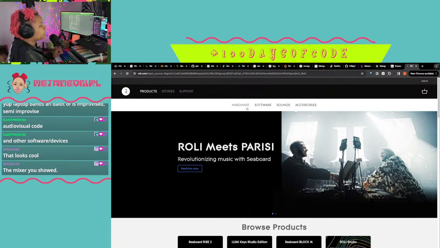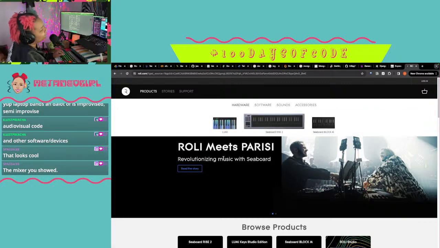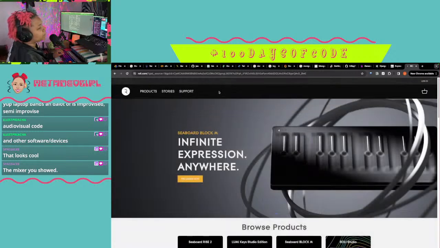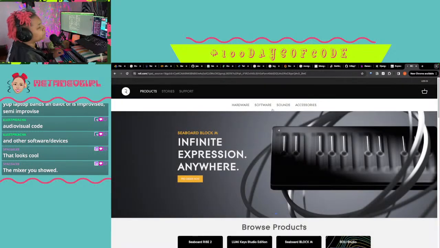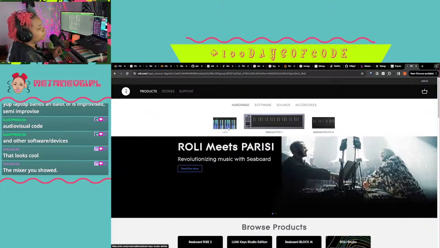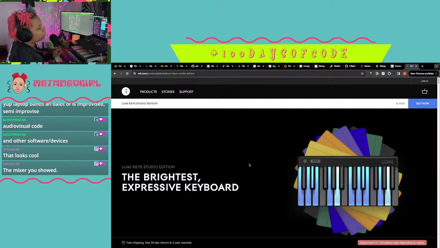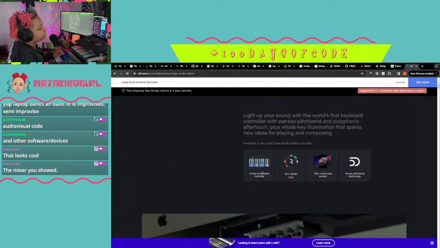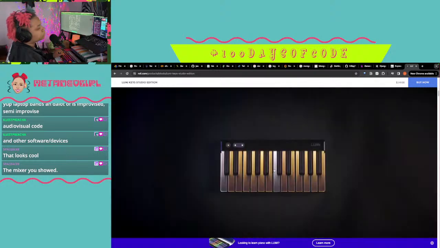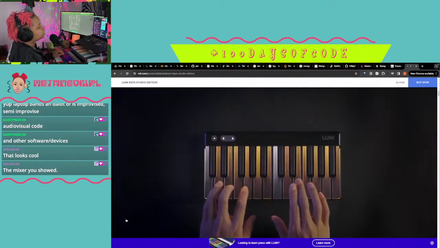When I actually start using my instrument, I want a keyboard. I want a keyboard, and I need a new Lumi. Like I want a couple Lumis, like maybe 2 or 3 or 4. This is how the Lumi works.